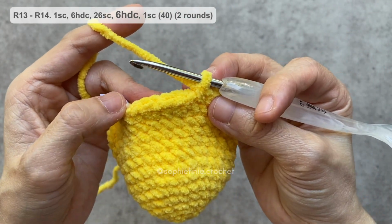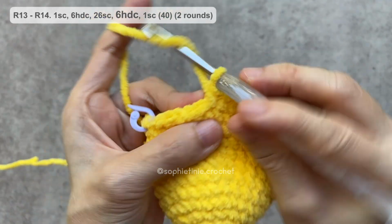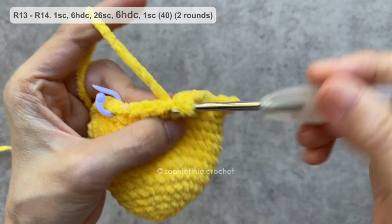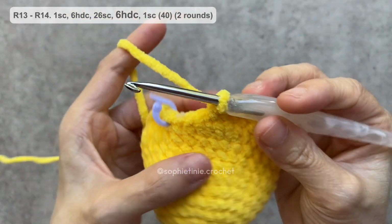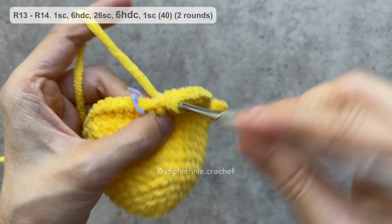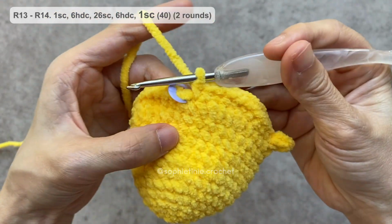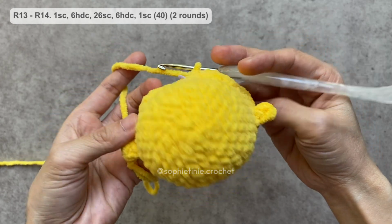Six half doubles. And 1 single crochet. Round 14 will work the same way as round 13. After completing round 14, our piece will